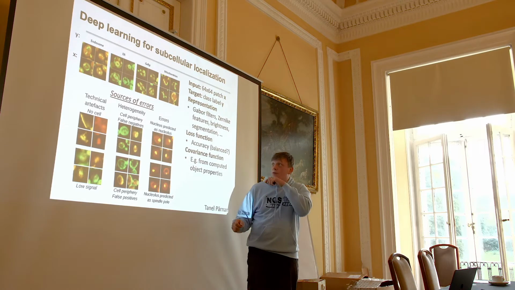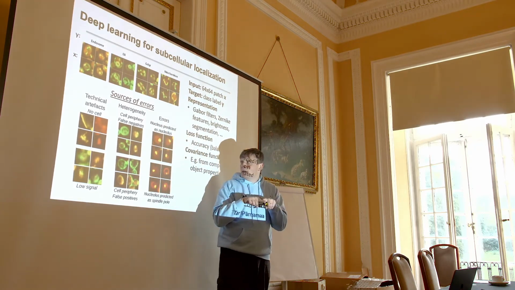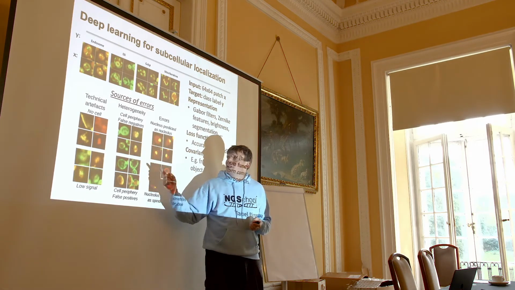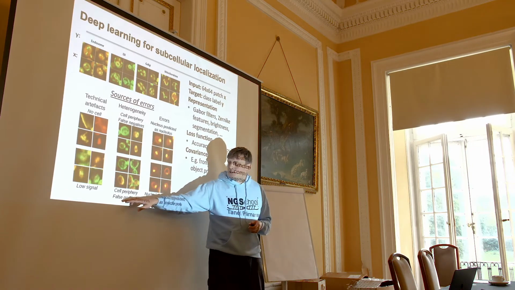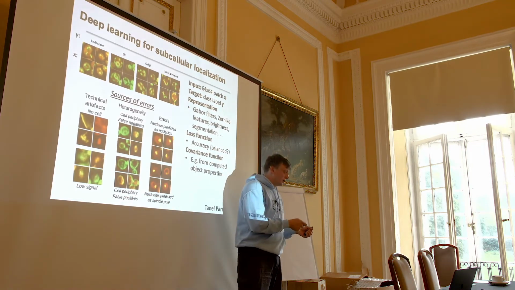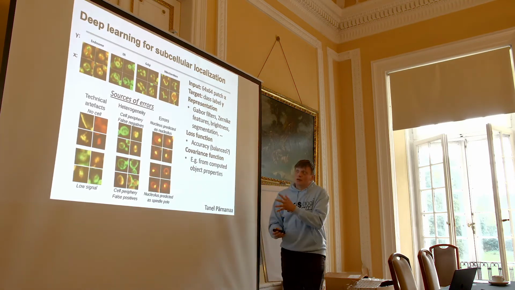We're also quite okay with having false negatives. So this should be cell periphery, which is just a ring around the cell. And this is not just a ring around the cell. And this also, to me, doesn't look like a ring around the cell. And here at the bottom are false positives. So it shouldn't look like a ring around the cell, but this one to me does, and this one as well. So we're not too unhappy about those either.